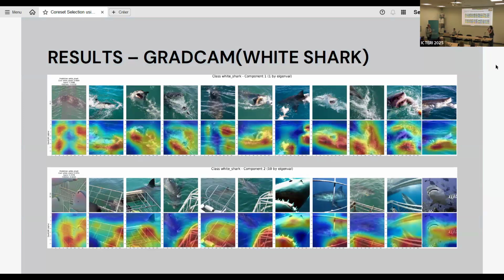However, luckily, it didn't happen with almost every class. Most of the classes were successful, and it mostly was for white shark and tiger shark. And I think that might lie in the fact that the image quality and most of the images were not so good,